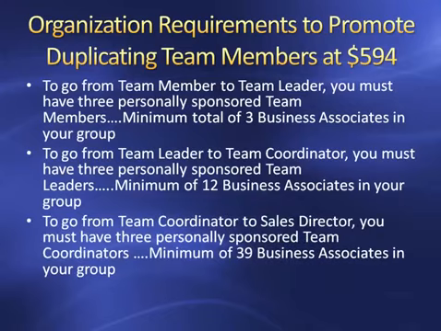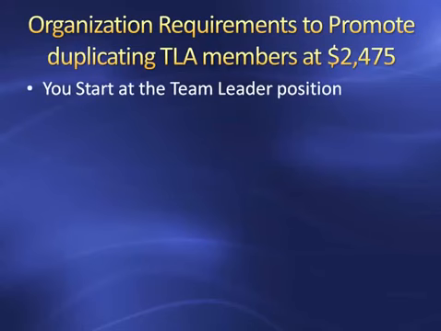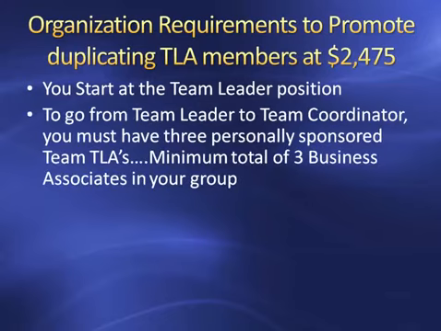in your group. Now, to go from team coordinator to sales director, you must have 3 personally sponsored team coordinators. That means those 9 each got 3 or 27, plus the original 12, or a minimum of 39 business associates in your group to be a team coordinator. Let's take a look at the organizational requirements if you're duplicating utilizing the TLA, or Team Leader Accelerator, members at $2,475. Well, you start at the team leader position, and to go from team leader to team coordinator, you must